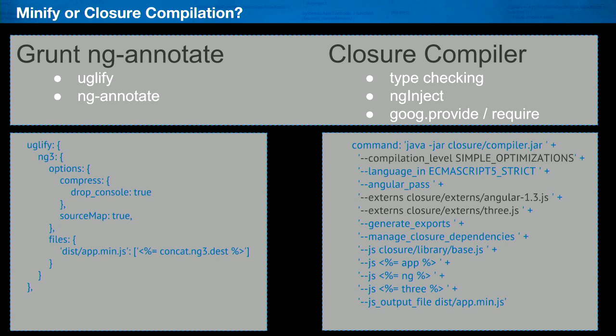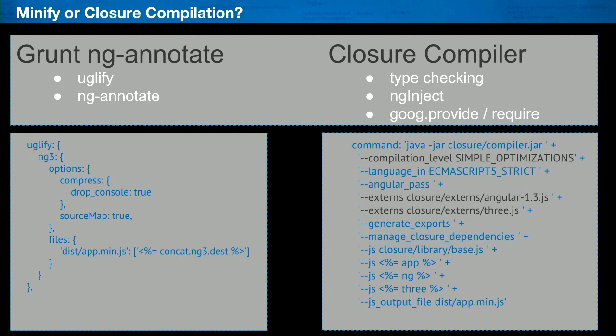So finally, compilation. The V1 version I have up on GitHub uses ng-annotate, Uglify, and grunt to do this compiling process. It concatenates everything together, pushes them up. It's good. It works. And 90% of websites can use this approach, no problem. Closure compiler, of course, does type checking, which is really important for a production level, especially a 3D application. And it also does several other features too.